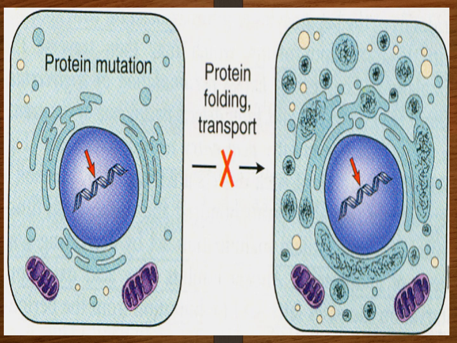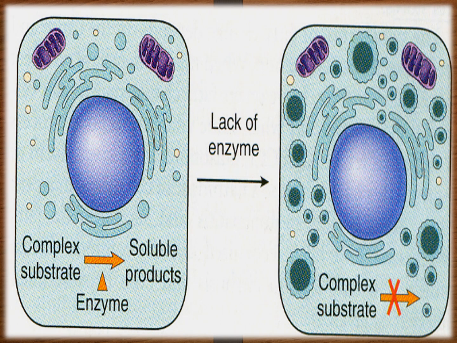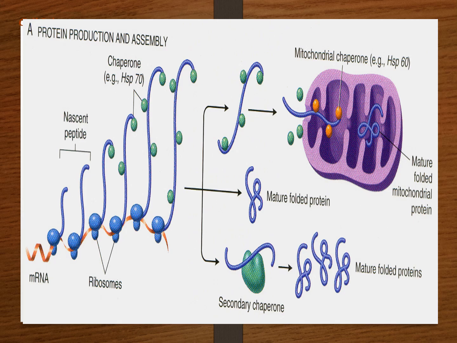So proteins may undergo mutations, thereby normal folding of proteins will not occur and transport will not occur. Misfolded proteins may form because of the problem in the chaperones. And because of the lack of the enzyme also, these proteins are misfolded. So this is a picture showing